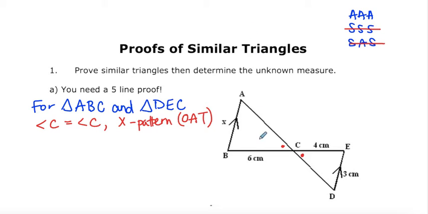And then we're going to take a look at how we can determine the other angles are the same. Now we have to be careful because we have to look really carefully at the symbols on our triangle. Remember that these arrows, or chevrons, show that these are parallel lines. Because they're parallel lines, we can use either the F pattern, the Z pattern, or the C pattern to help us look for those angles that are the same or the angles that add up to 180. So if we use the Z pattern,